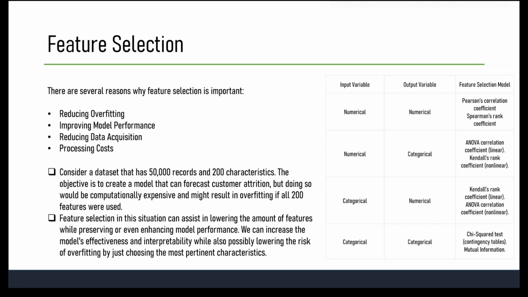By using a feature selection method, we can identify the most important features and include only those in our model. This can help us build a more accurate and efficient model while also saving time and resources. One more example, let's say